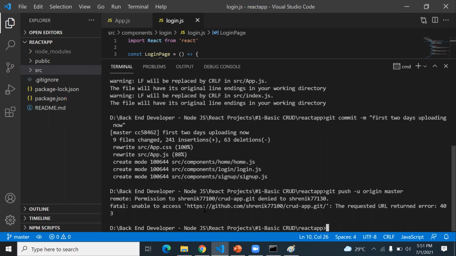Permission, unable to access something requested. Actually, I need to change my account because I'm already using this git account with a different ID on my system. So I first need to change the account, then only I can start using this git account. Okay, give me a minute, I will change it.